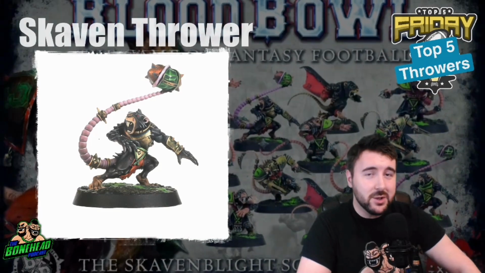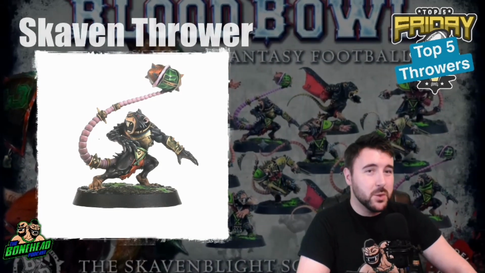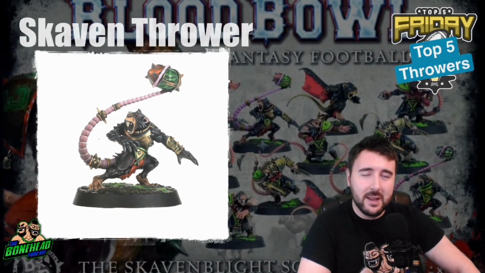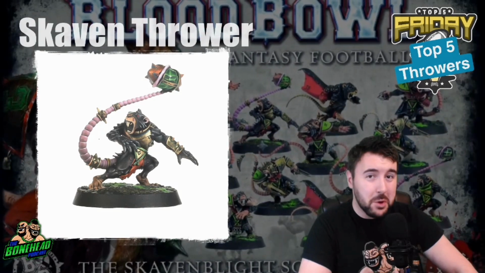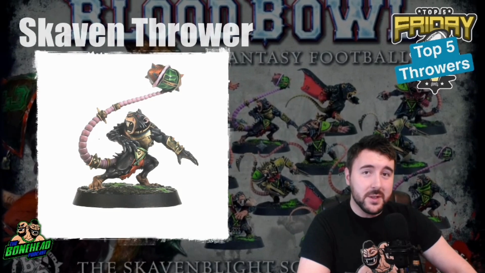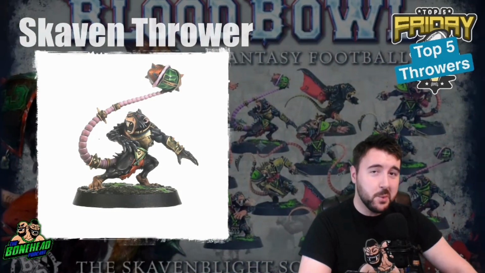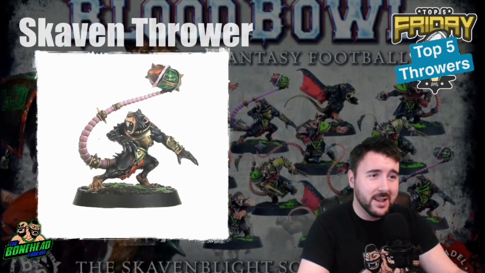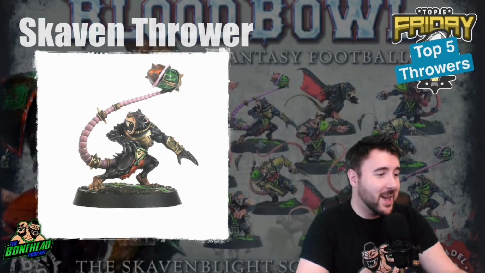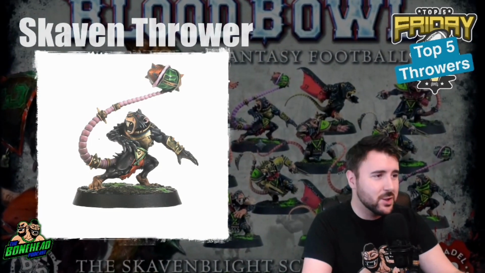Yes, Elves are catching on a 2+. Gutter runners are also catching on a 2+. Yes, it's a bit more situational, but the Skaven Thrower has got the same passing, it's got sure hands, it's got pass, and it gets all that without having to give up anything on the team. It's got a really good frontline and supporting asset. And quite frankly, anybody throwing on a 2+ to a gutter runner is going to have a very good day. So, Skaven Thrower number 2, which leads us to